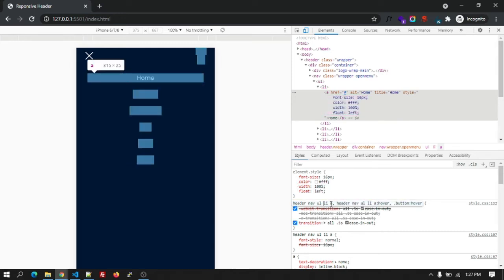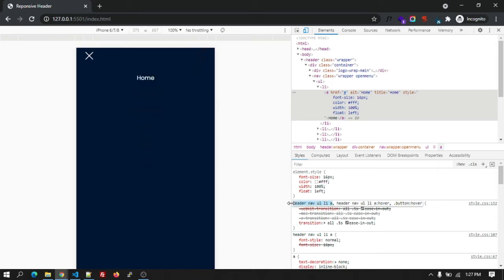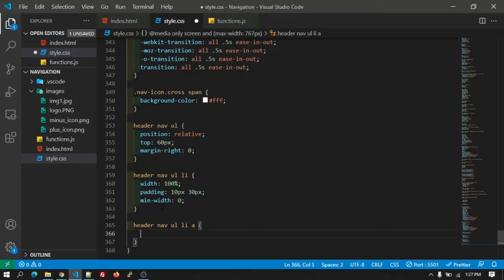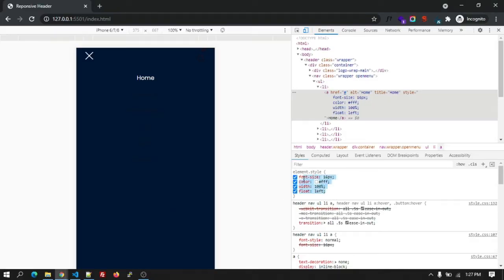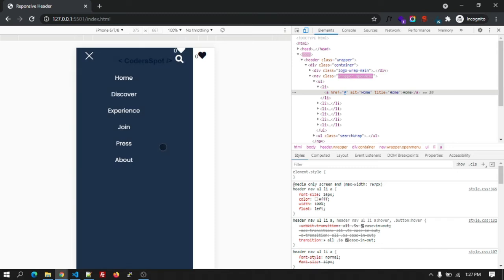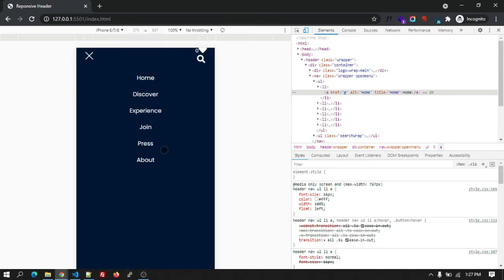Let's copy the class. Let's copy the CSS that we have written. Okay, so this is how it is looking after adding the CSS.